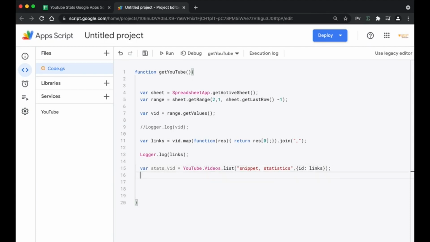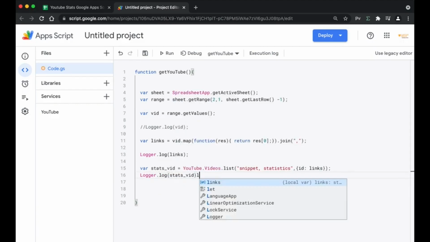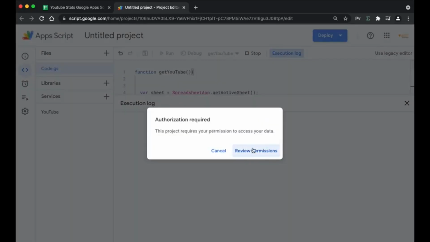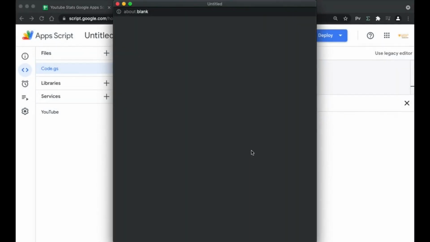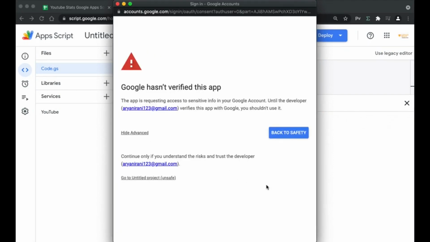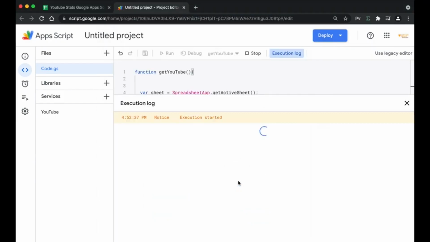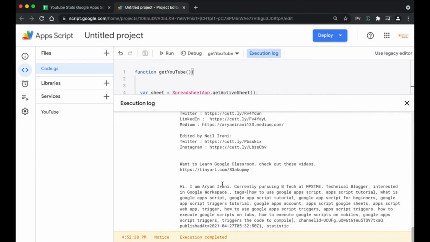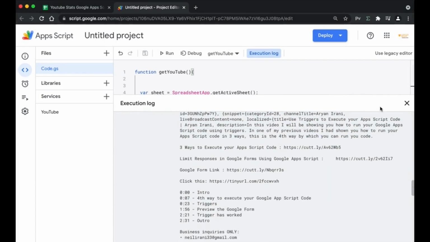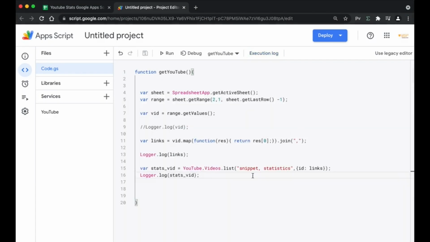Now the next part is going to be getting the details. Now we have got the entire YouTube data together. If you do a Logger.log, it's going to be a bit too much data to print. We can give you a small view of what it will look like. We click on run. You need to accept some permissions once again. You can see it has brought all the data, that is the links, the status, the description and the title of the videos.